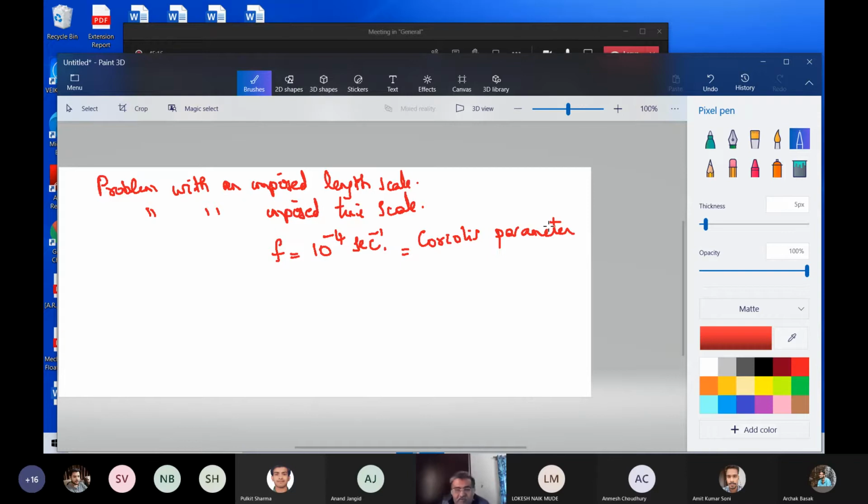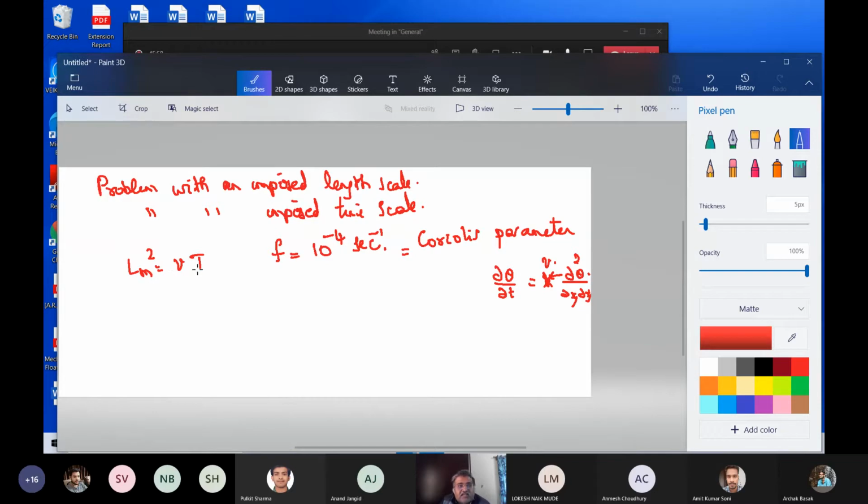So once you have that, we have the same equation as last time: Lm square is equal to nu into t. That is, dou theta by dou t is equal to gamma dou square theta by dou xj square. Now this gamma is replaced by nu because we say that the Prandtl number is of the order of 1. So Lm square is of the order of nu t. Now, in this case, the length is what we need to find out.